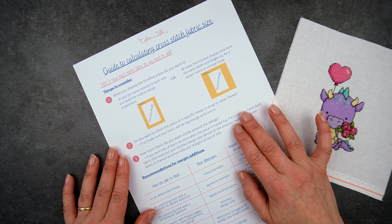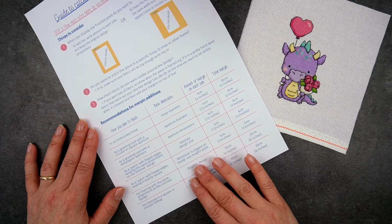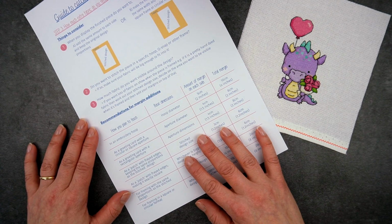Perhaps if you've got a really nice fancy fabric and you want a bit more of that on show when you finish it, then you may need to add a little bit extra to your margins to allow for that. So the worksheet has recommendations for how much margin to add, depending on how you're going to finish the project. So I'm going to walk you through pretty much all of these different examples so that you can see